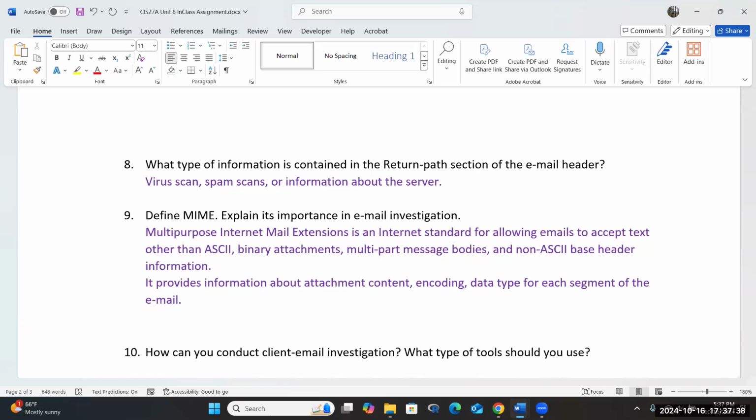You can have multi-part message bodies. So your email looks nicer. It has content that is visibly appealing. And then non-ASCII based header information. But it also gives you attachment content, encoding system information, the data type for the segment in the email,